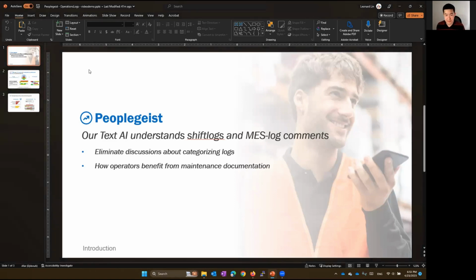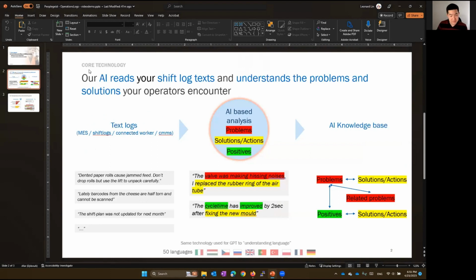So what's the scenario? You operate machines, you have a line, and on the line something breaks. The machine goes down, and usually the operator goes to the machine and fixes it. By doing so, they will also document their work. And for example, they will add a quick comment about what happened, how they solved it, and perhaps also add a suggestion.